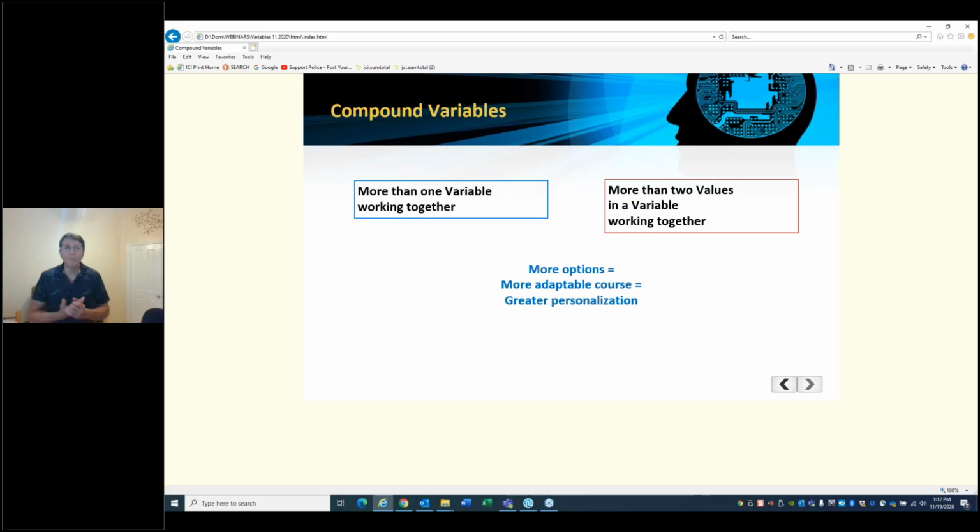Now let's kick up the pace a little bit and get a little more complex. So we finished talking about a simple variable where I create a container, a variable, I have it say something, and because it changes, I could have my learning content change. That's simple, and everyone's with me. A compound variable is either having more than one variable or having one variable with more than one piece of content in it. I'm going to demonstrate what that is.